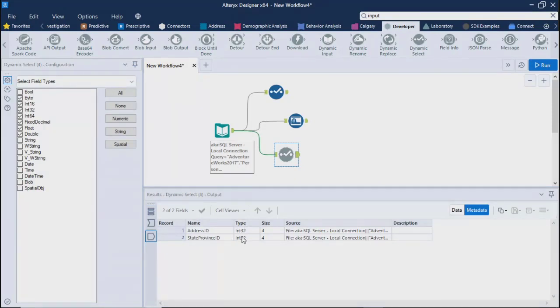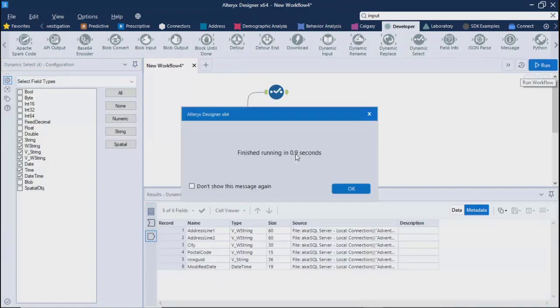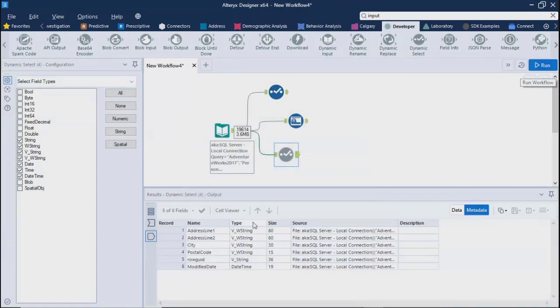You're not getting any string or other data types. Let's say you select string and run this once again, it is going to show you all the string ones. See, even the date time is showing, since it is a string one.